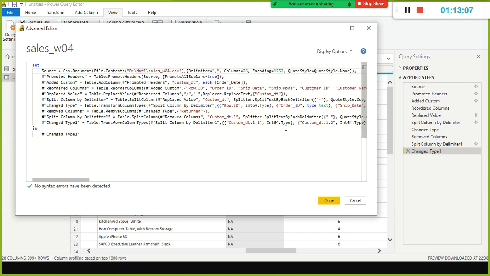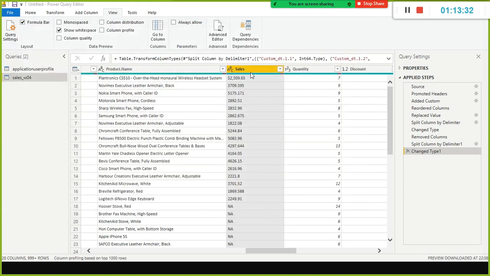All you need is to right click, split the column, change the data type, delete the column. You do only that, and behind the scenes, it writes the M language code for you. It starts with let and in. We will discuss this later. Whatever changes you made so far, behind the scenes it generates the code in the form of M language. Okay, fine.